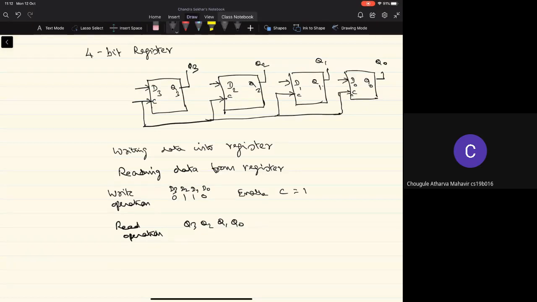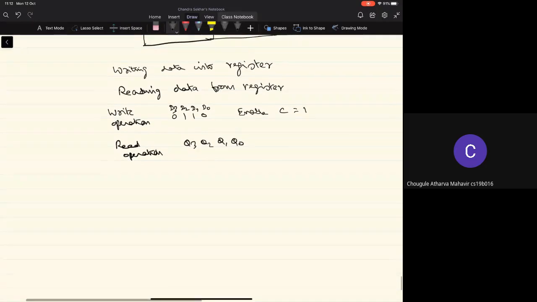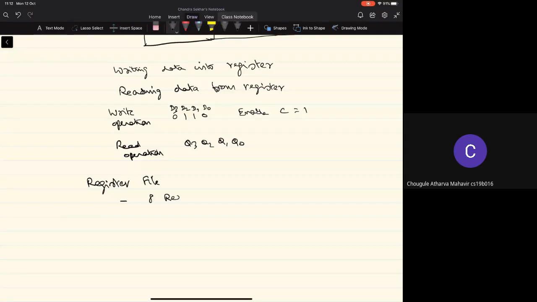Okay. Now, let us look at how to construct a register file. Let's look at, maybe just for the sake of discussion, I want to have a register file with 8 registers, and all these registers are 4-bit registers, right?